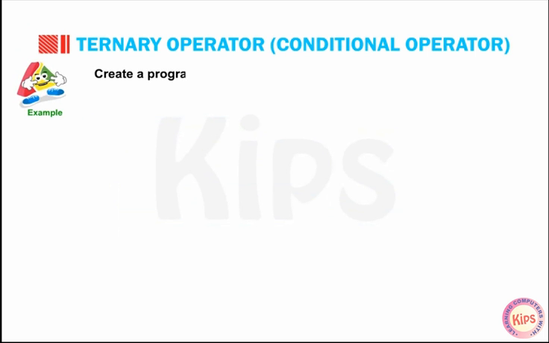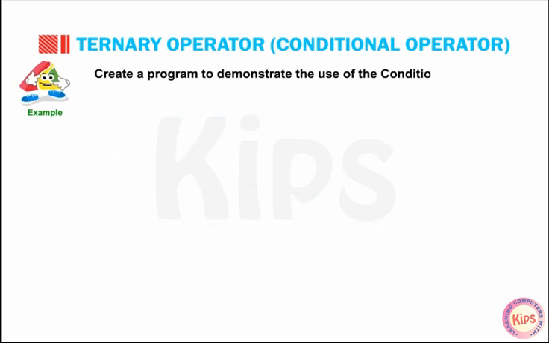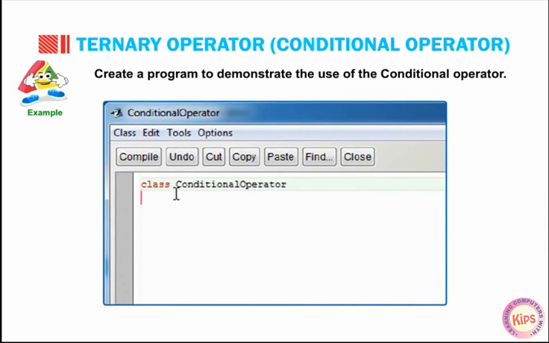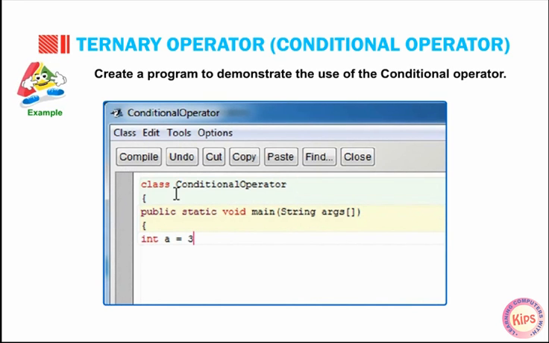Example: create a program to demonstrate the use of the conditional operator. Class ConditionalOperator { public static void main(String[] args) { int a = 3; int b = 10; int c; c = a > b ? a + b : b - a;